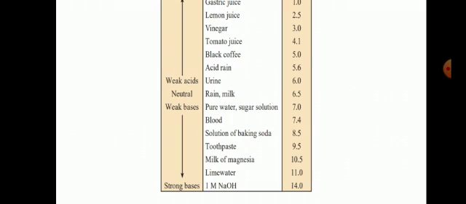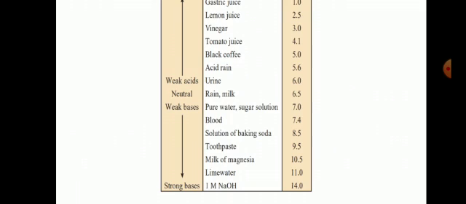So, children, have you got the clear idea of how the pH is going to differ for various substances because of the presence of H plus ions and OH minus ions? If H plus ions are more, then the substance will have acidic pH. The strength of acid and base is measured from 0 to 14, and this scale is the pH scale. So various substances have pH according to the presence of H plus ions and OH minus ions in them.